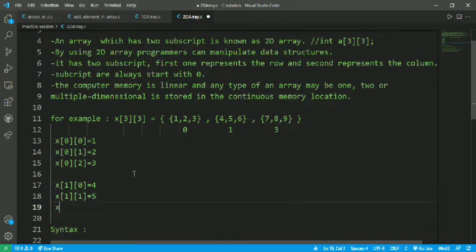Next is x[1][2], which goes to the value 6.